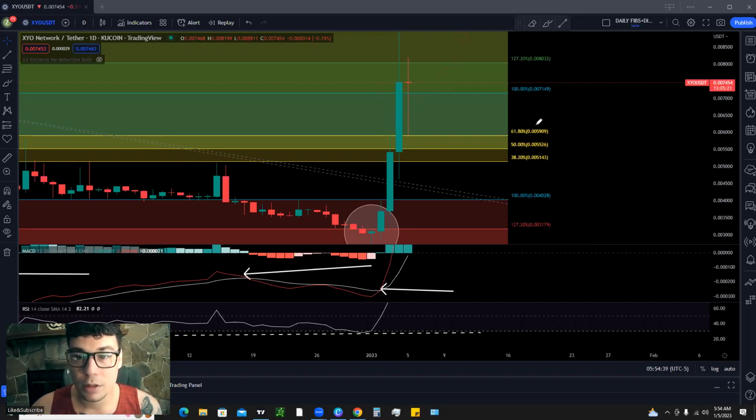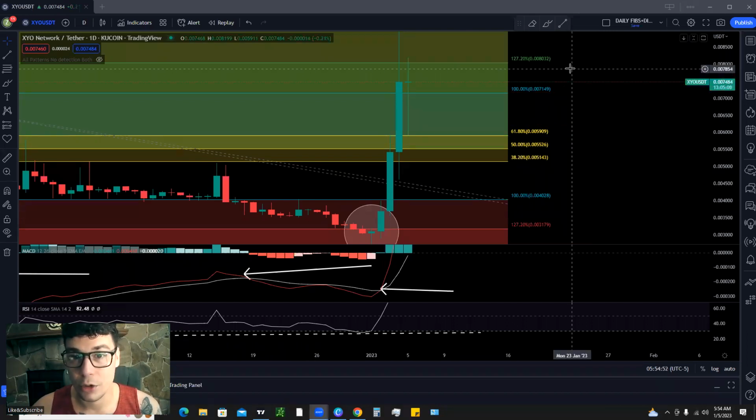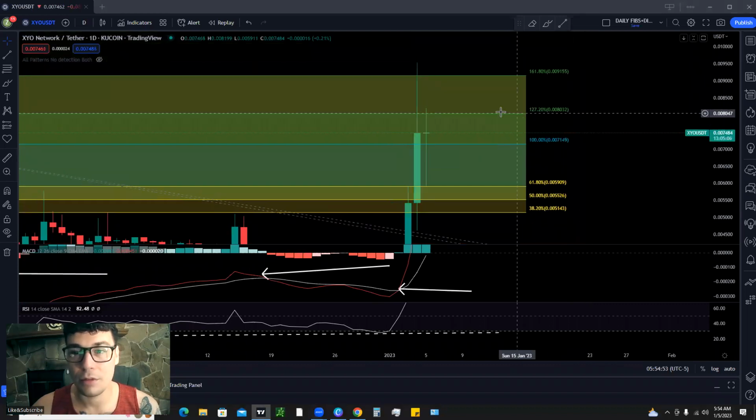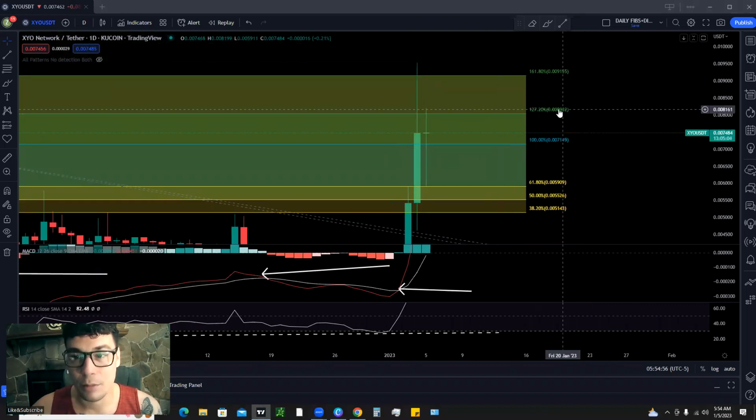So now we want to continue holding 0.005909 as support, and we want to continue holding 0.007149. Those are your two main levels of support that we need to hold to continue to go higher. Now, above there, we have resistance at 0.008032 and